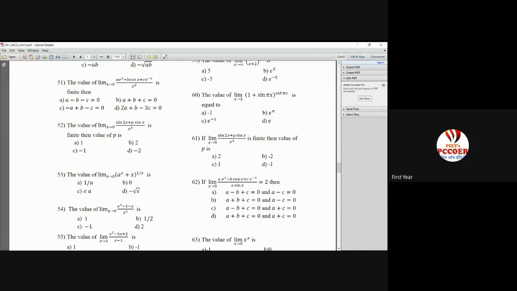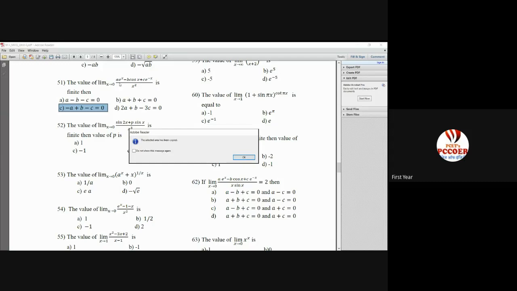But then option C is there which is giving you the reverse signs. Option C is correct, ma'am. Basically, A minus B plus C is equal to 0 should be the answer. But if that is not there, and if you multiply with minus sign, then minus A plus B minus C is equal to 0 is the answer. Are you getting it? Yes, ma'am.